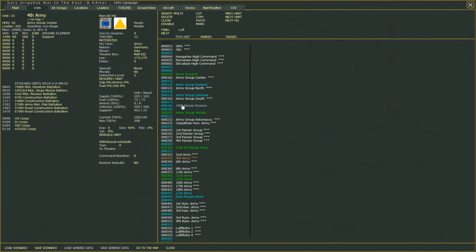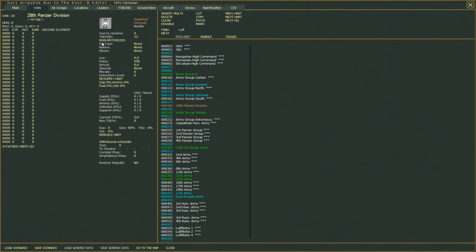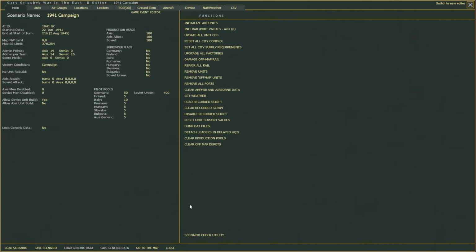The hypothetical 28th Panzer Division is motorized, and if you forget, because it happened to me a lot when creating the 1942 scenario, to motorize your division, I give you one small spoiler of the main tab, but here you have the scenario check utility. Now you click on this one and you select ignore delayed units. Yes. This is like an editor check that highlights all the bugs